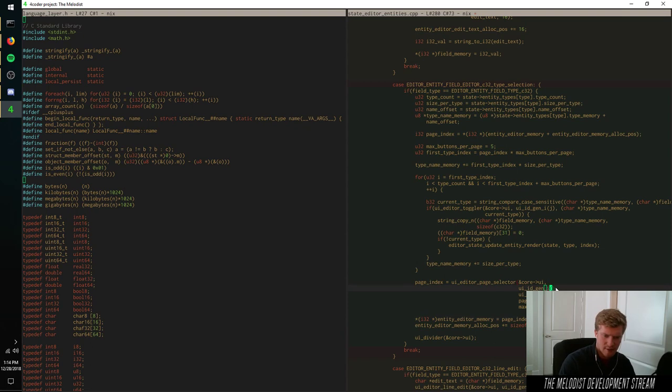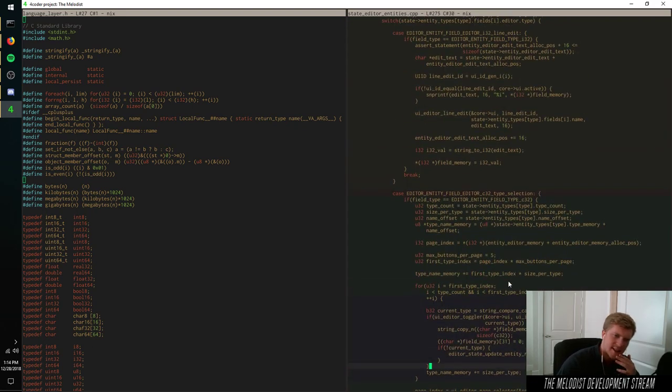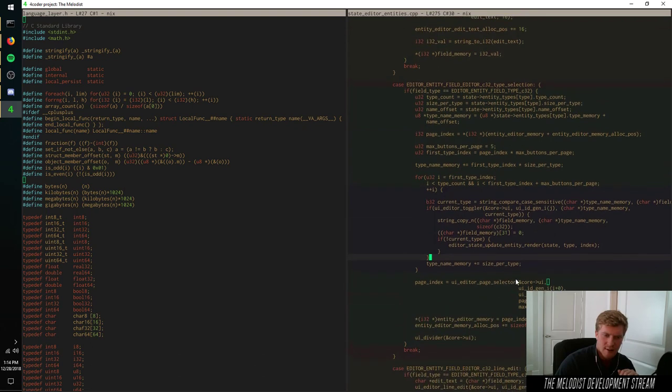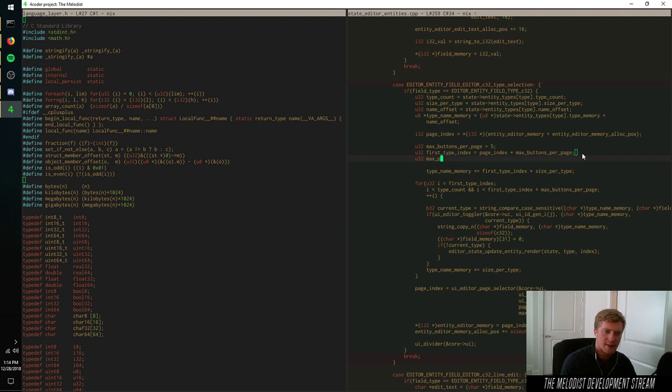What I would like to do, just to make this explicitly correct, is do that. Actually, we'll do I plus that, because this is in a loop looping through the fields of an entity. So that should be good. The page index, the max page index, we need to find out what the max page index is. So the max page index should be fairly straightforward to figure out. Max page index equals the type count divided by